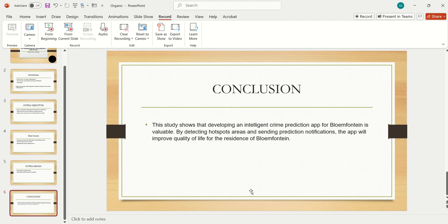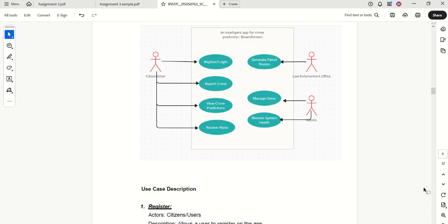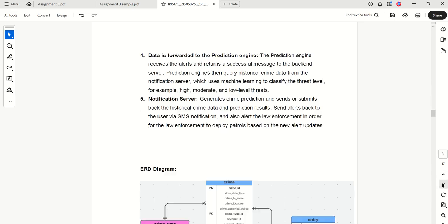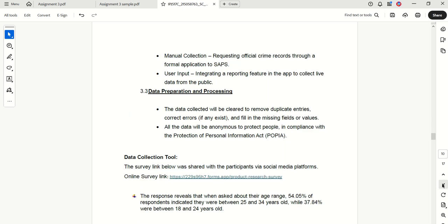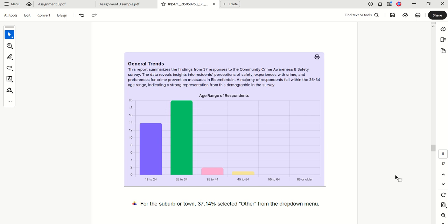And now, in conclusion, Doc, this study shows that developing a crime prediction application for Bloemfontein is valuable. By detecting hotspot areas and sending prediction notifications, the app will improve quality of life for the residents of Bloemfontein. This conclusion comes from the survey that I conducted for the residents of Bloemfontein, and it has been showing that